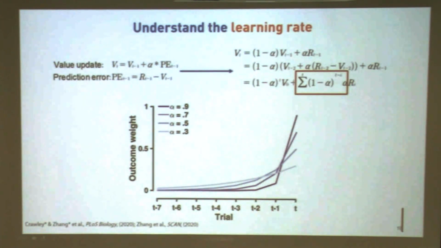Translating that to our understanding, what does this mean? This means if I received a reward in the last trial, I remember that sharply. I do remember there is a reward in the past trial. But for past trials t plus 1, t plus 2, t plus 3, I forget what happened. Even though, for example, I receive a win, and another win, even though that's 5 times, I only memorize the most current one. And the consecutive wins in the past, I forget.